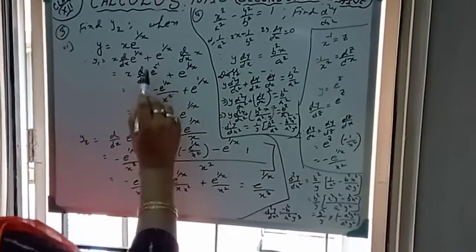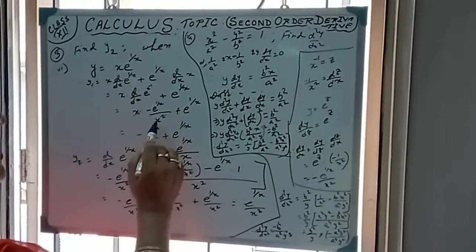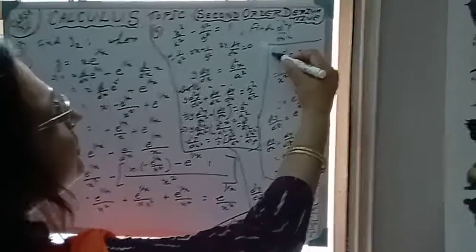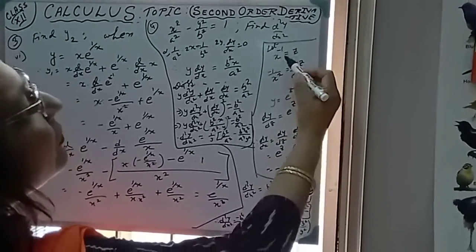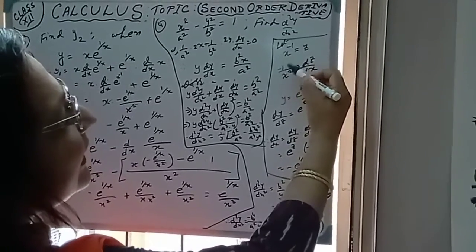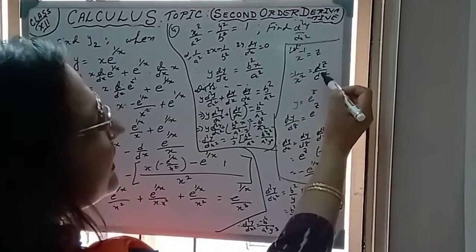Now how is it coming? d dx of e to the power x to the power minus 1 is minus e to the power 1 by x square. How? Let x to the power minus 1 be equal to z. Okay, then d dx of this part will be minus 1 by x to the power minus 2, so it will be minus 1 by x square dz dx.